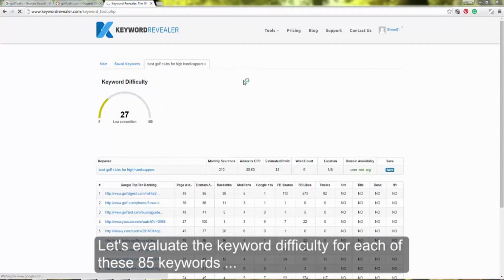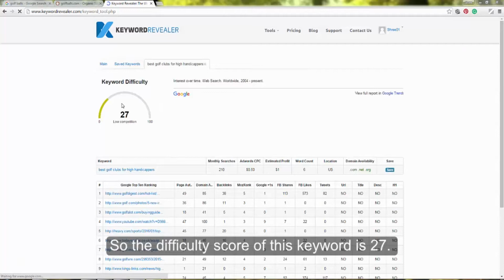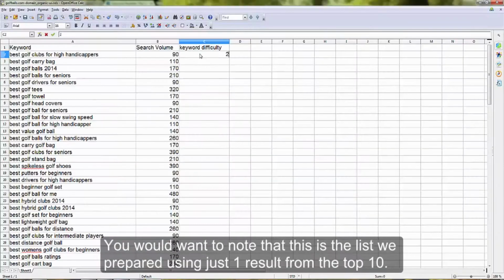Okay, so the difficulty score of this keyword is 27. Likewise, we need to evaluate the difficulty score for each of these keywords and enter the values here.